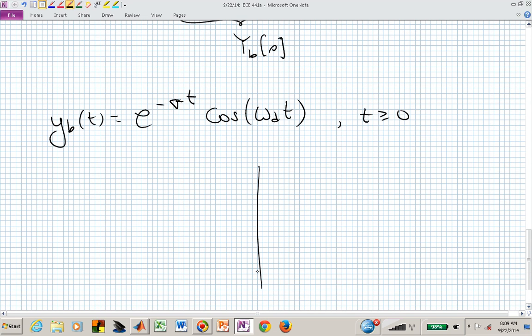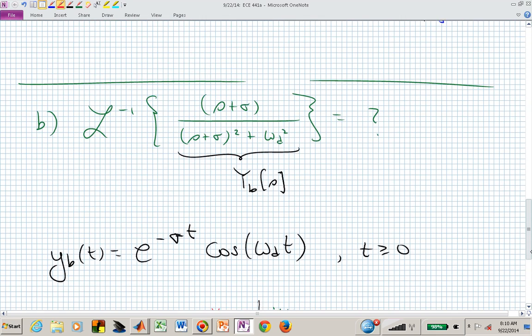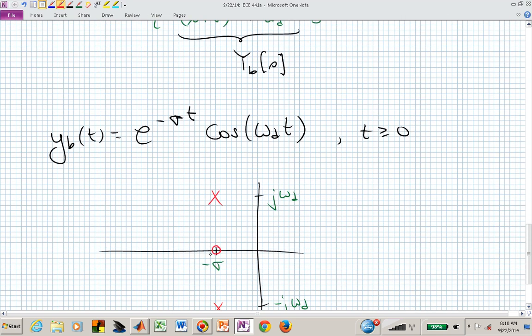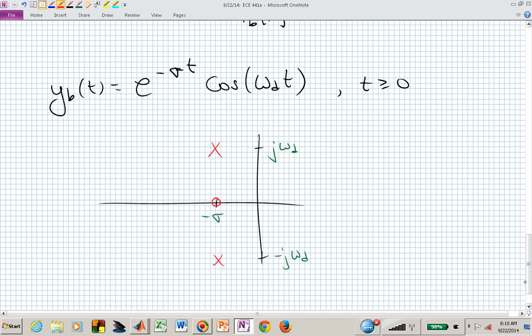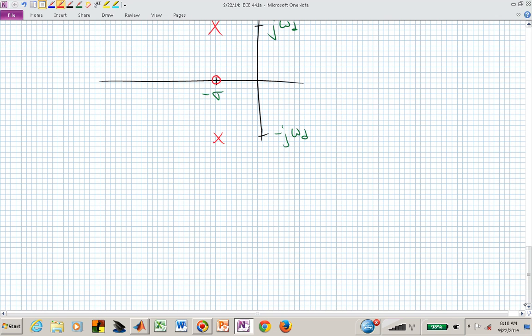We now still have in the S-plane these poles at minus sigma plus and minus j omega sub d. Now what we actually have is a zero right there. And that now led us to this cosine waveform that's exponentially damped. In the time domain, if you needed to sketch this,